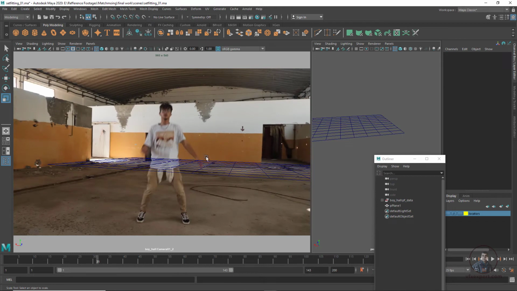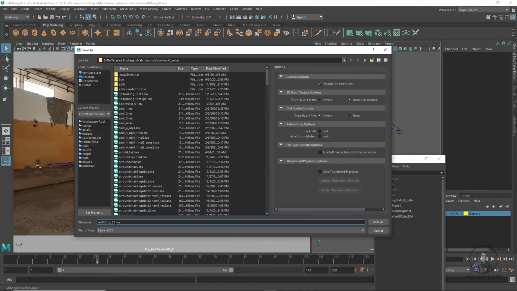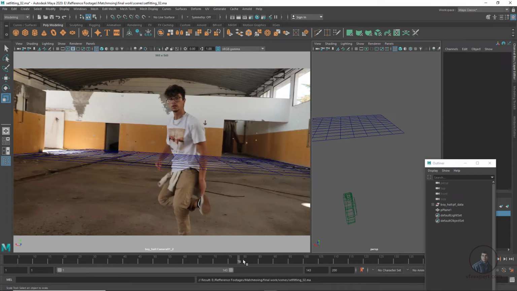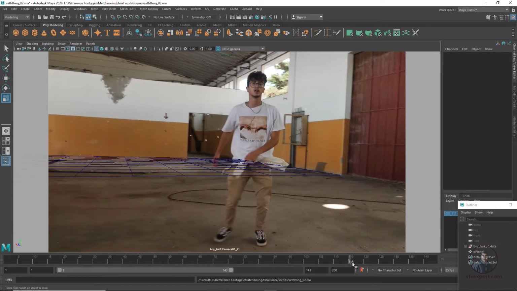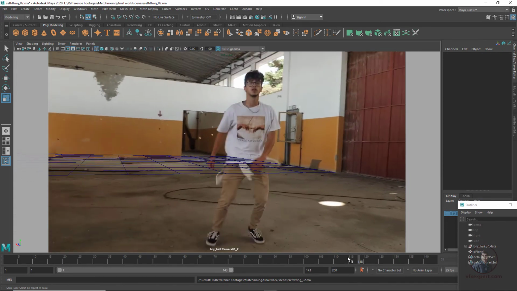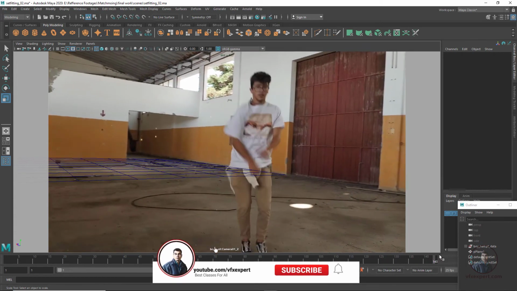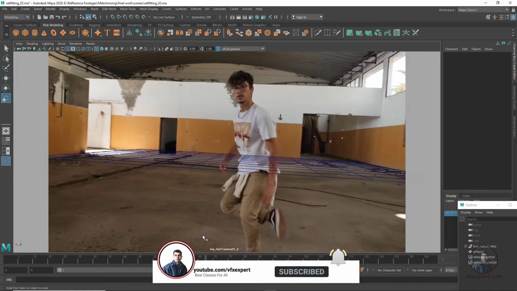I think this is looking good till here. So till here, save our scene. Then again click on file, save scene as. Now check it here, all these things. Again come in single view here, check all these things. So now I think this is looking good.